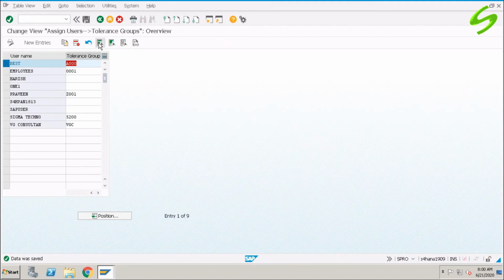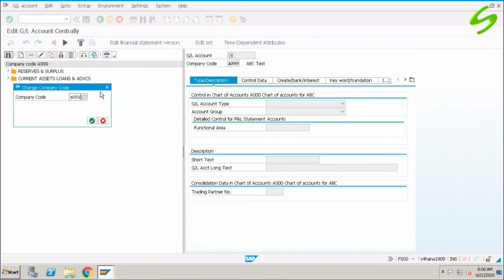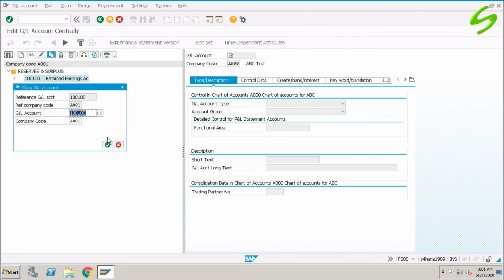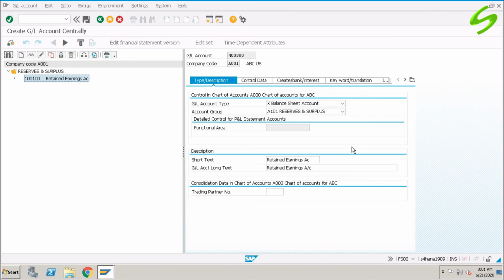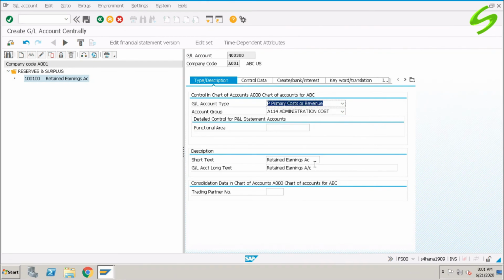Now, before we do the testing, let's create a GL account. Let's create a proper GL account to do this test. So my company code is A001. I have one GL account. Copy this, and I'll create a GL account for 400300. This will be a primary cost, and it is under admin cost account group. This is miscellaneous expenses, and under control data,